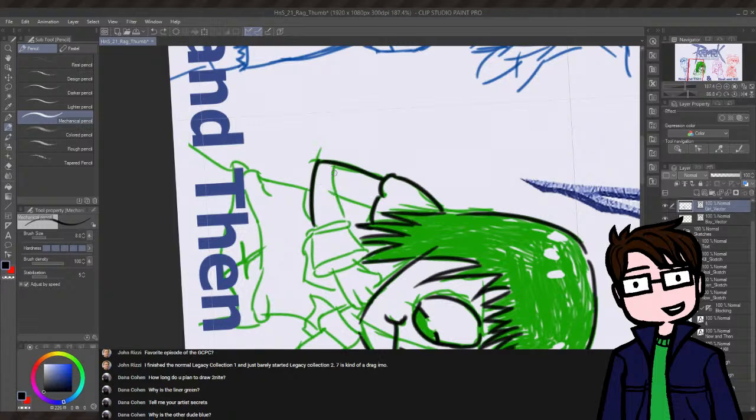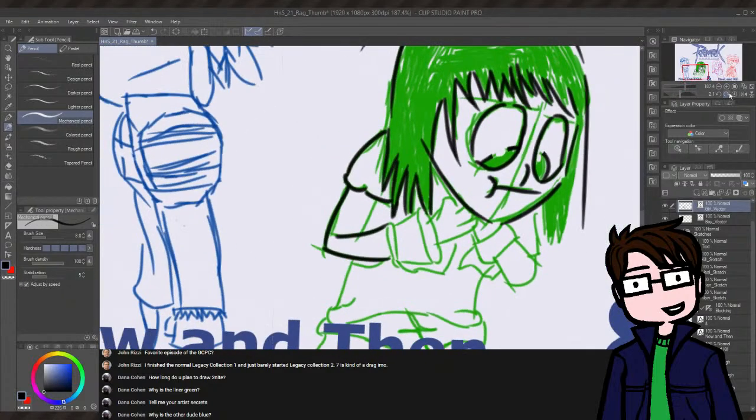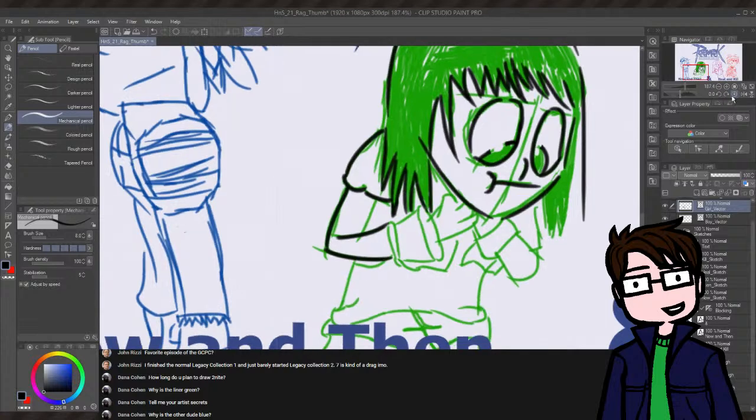Should rotate the canvas more. Okay, yeah, like that better. Is there a return to, yeah, there we go. Technically, if I was doing characters that overlapped each other, I would want to differentiate the line art so I knew who was who clearly at the line art stage before,